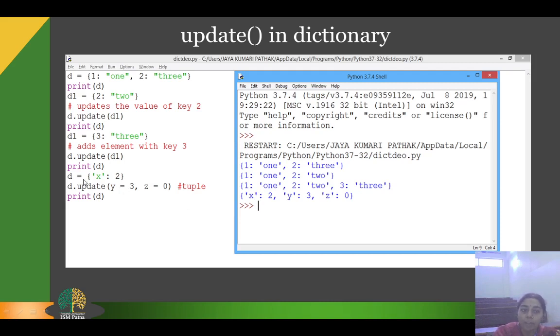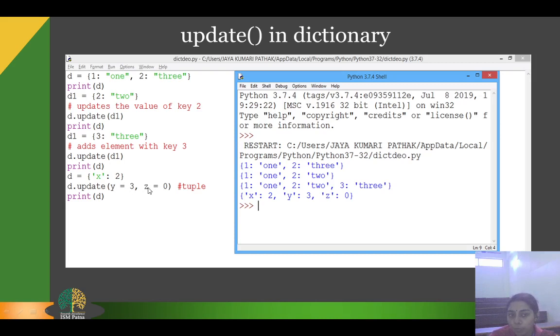Now I have redefined D equals to X colon 2. This is the dictionary which is again redefined. And now D.update with Y equals to 3, Z equals to 0. As Y equals to 3 and Z equals to 0 are two values, this is a tuple.